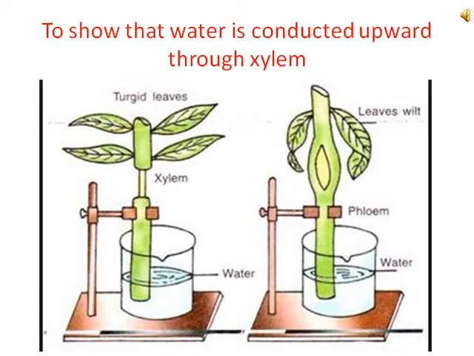Take two leafy shoots, such as those of a balsam plant, which have been cut under water to prevent any air bubbles getting in. Keep their lower ends dipping in water. Remove about a 3 cm long outer ring of the stem in one of them as shown in the figure, keeping the central part intact. And in the second one, remove the xylem vessels, or we can say remove the inner tissues, and keep the setup in a beaker containing water.